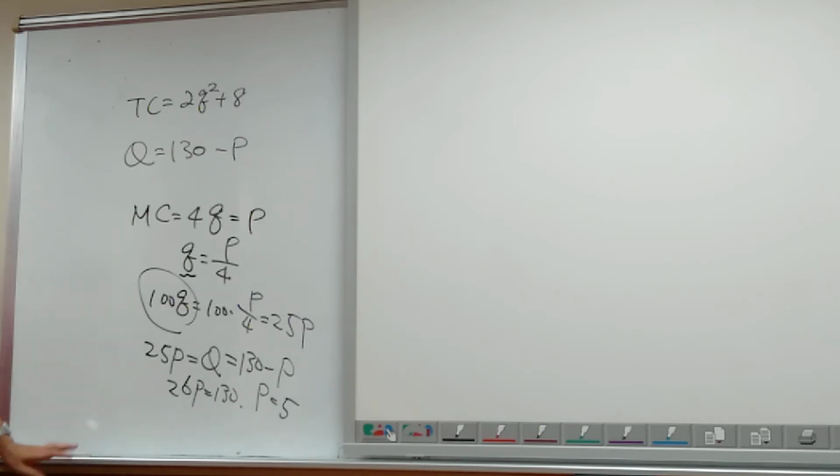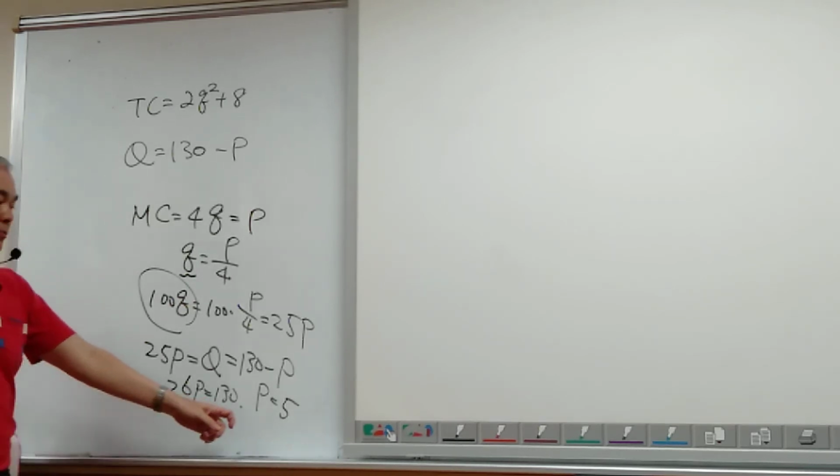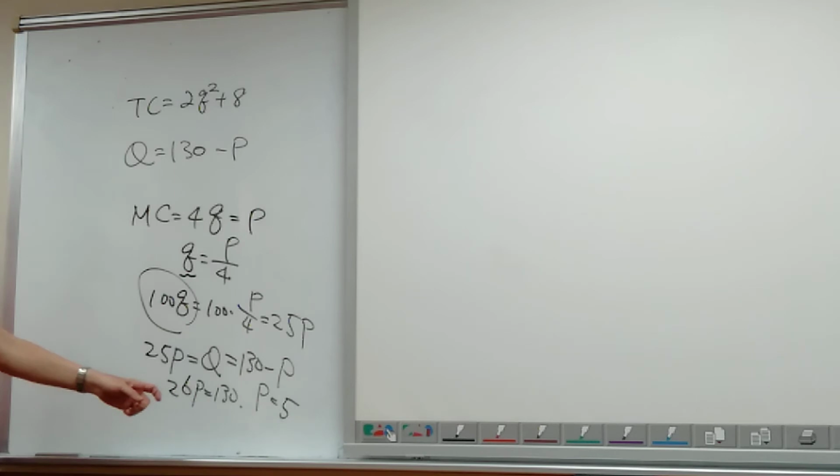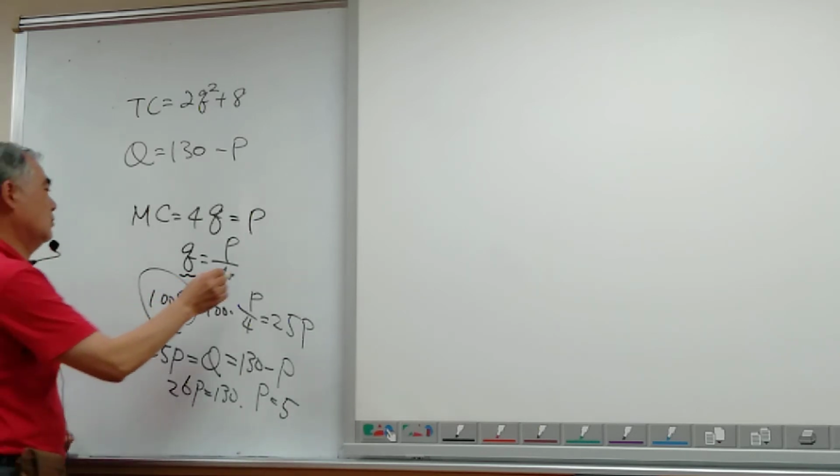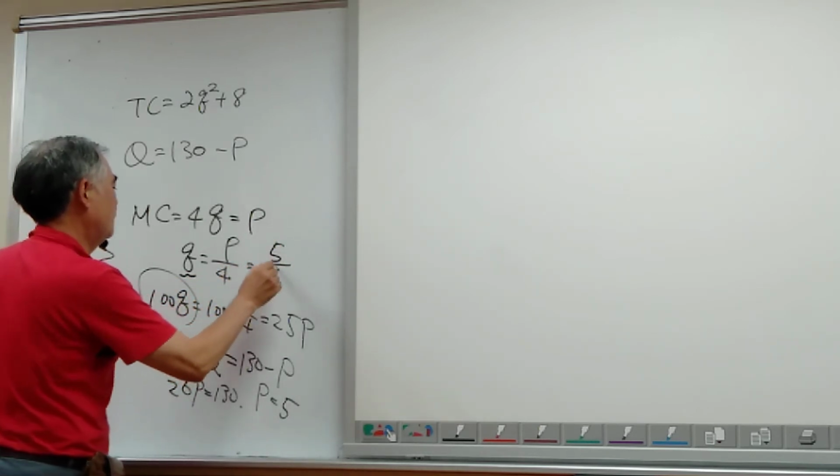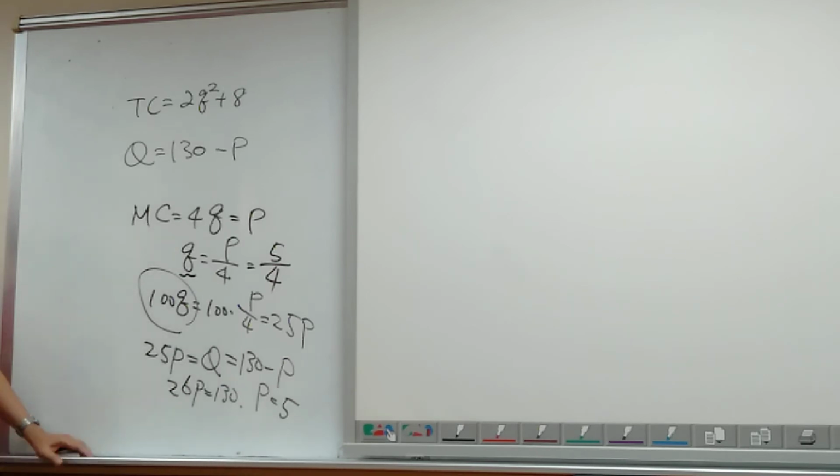Okay, so question A. What is the short run equilibrium price in the market? The short run equilibrium price is equal to 5. And what is the short run production level? It's equal to 5 over 4. Okay? Any questions? Okay, let's turn to